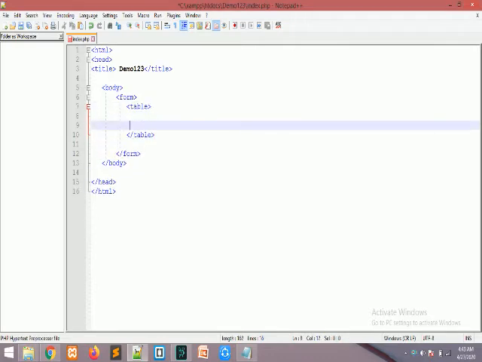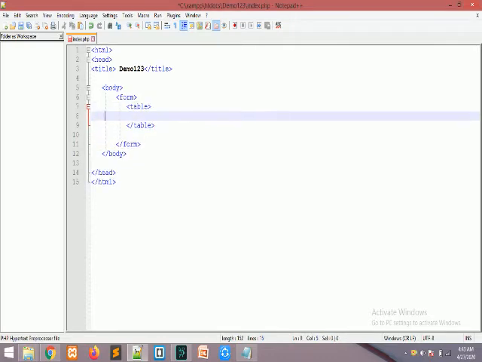In between the table tag we will first create the first row, and in between the first row we will create a column having a field name, and we will also close the first column.